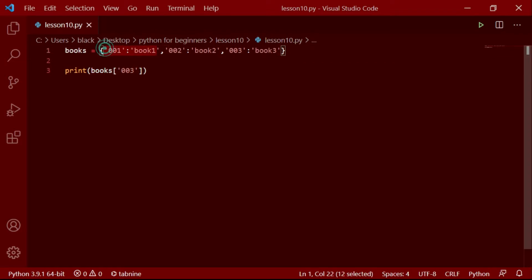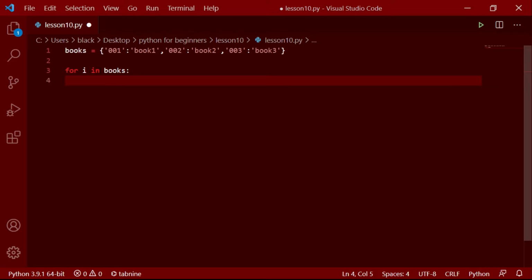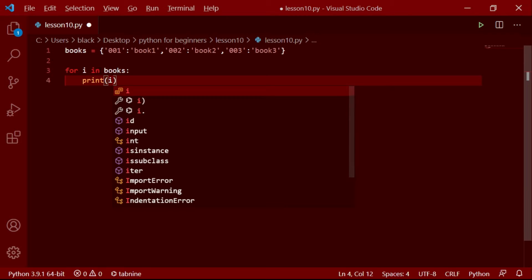Now let's say we want to print these elements one after another using a loop. Here I'll use a for loop to do that. First, let's see how to display these keys. To do that, type for, any kind of variable, I'll say i, for i in books, print i.